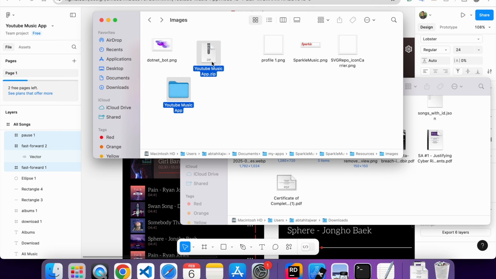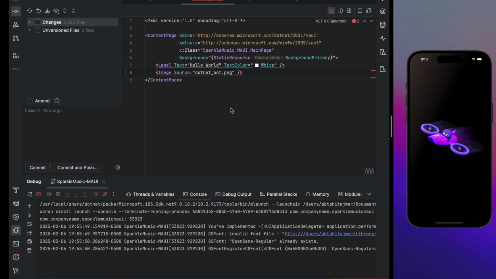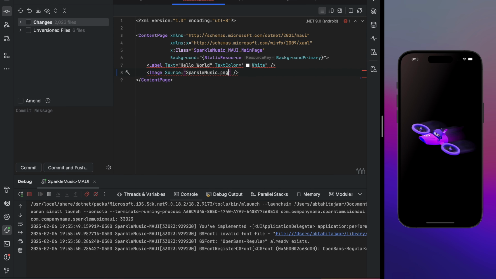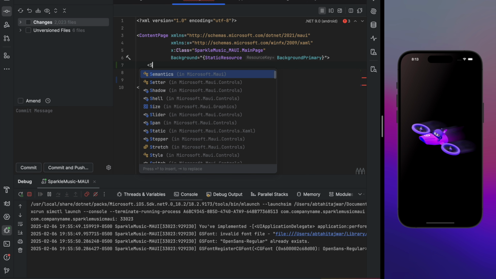So let me try image, and then okay, image property, image MAUI. So go to here, source, and paste it here, copy the whole thing, and like this. Oh, and I will also need to